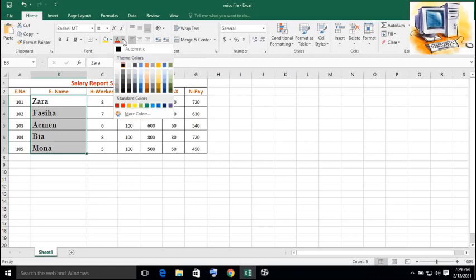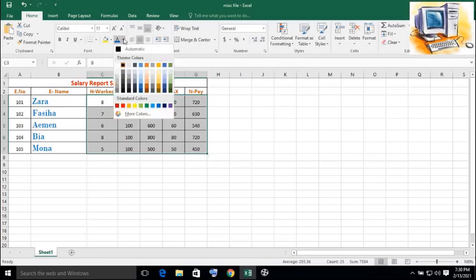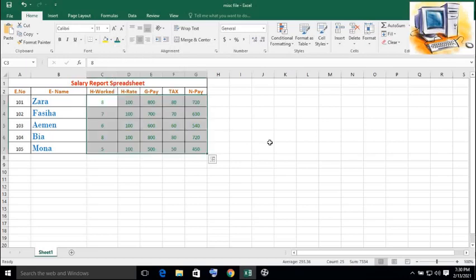From here I'll select a color. When I click on it, this drop down menu appears which shows multiple colors. So I can select any color that I want to apply over here. For example, if I go for this one or this one, see, it's very simple. Just select the data elements and select the color from the menu.